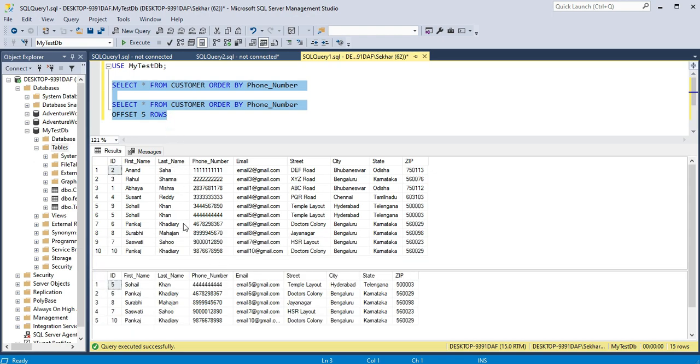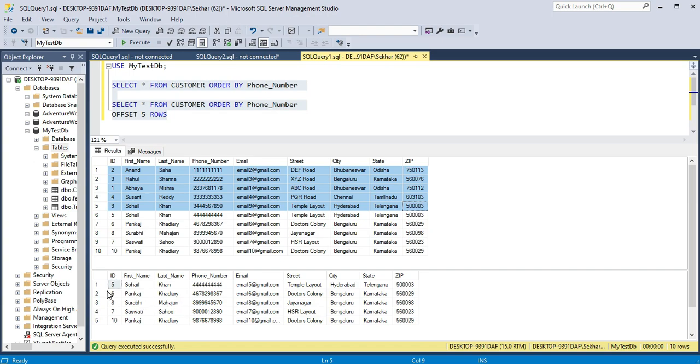If you can see, the first query was giving all the records in the table, from ID 1 to 10. But in the second query, it is not giving all the records. The first 5 records, from record 1 to record 5, are not there in the result of the second query.